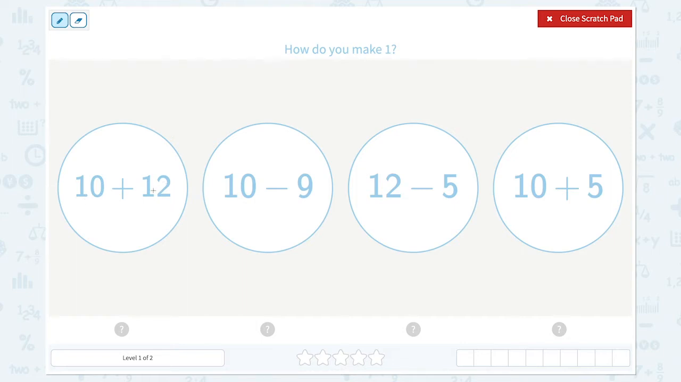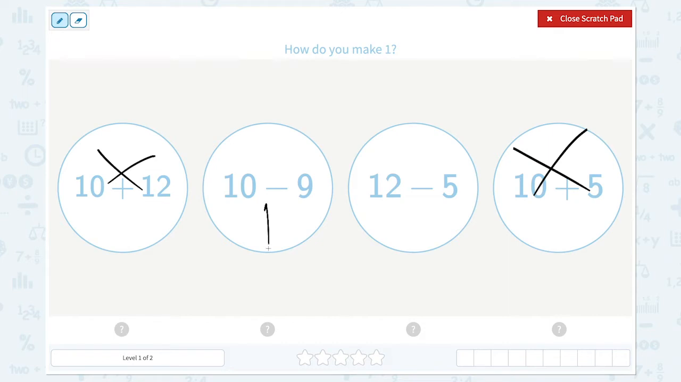10 plus 12 will never make 1, because we're adding 12 more to 10. This might be the answer, but look, 10 plus 5, no, because we're adding 5 more to the 10. 10 minus 1, we're taking 9 from 10,